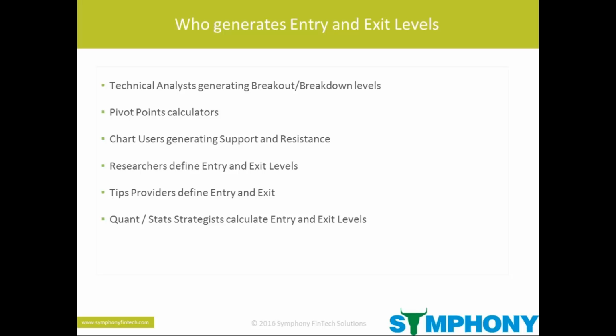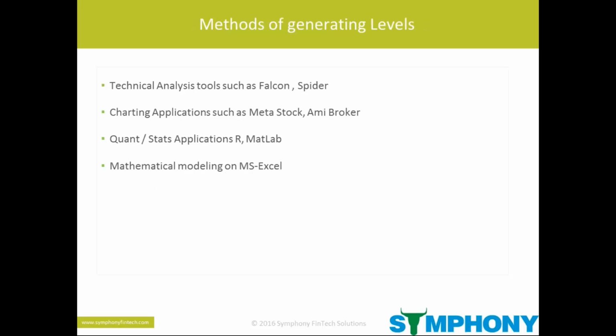So coming to who are the people generating these entry and exit levels. There are technical analysts. They generate the levels. They try to find out the breakout and breakdown levels, and that is where they define where to enter and where to exit. Or there are researchers who calculate pivot points, and based on pivot points, they try and find out the entry and exit criteria. Or there are chart users. These chart users are able to define their support and resistance, which will be the points to enter and exit. There are researchers who do some calculations based on their formula and define entry and exit levels. There are tips providers or tech gurus who define entry and exit, and they give it to us for our execution. And there are quants, statisticians and strategists who have their formulas and methods to define and calculate their entry and exit levels. So once these entry and exit levels are calculated by them,